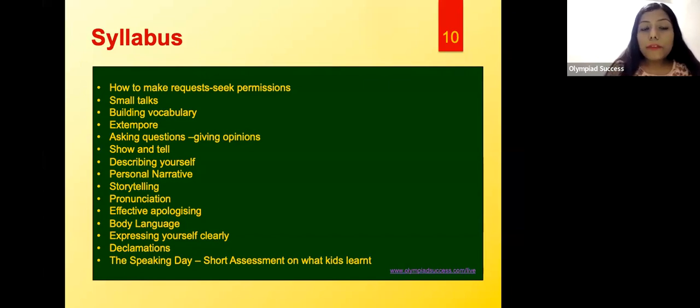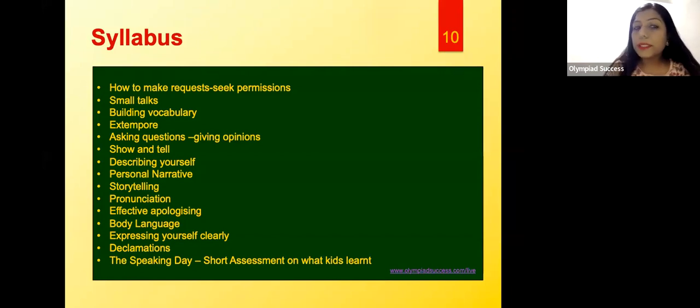Now, every session is followed by activities. It involves a lot of activities, and whatever theory or techniques that you learn in that session regarding that particular topic will be immediately implemented.